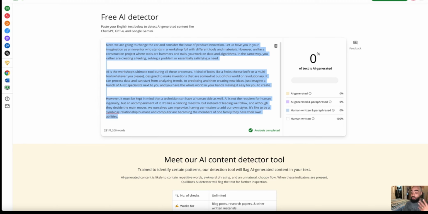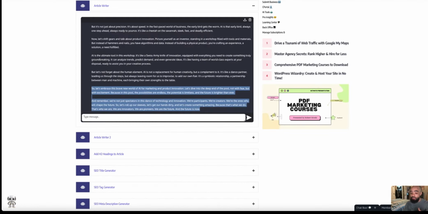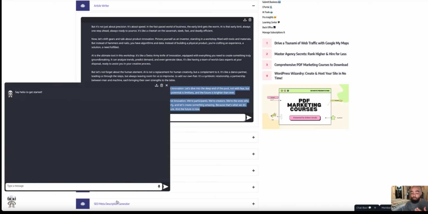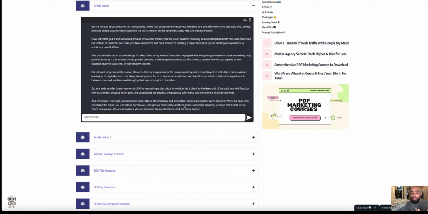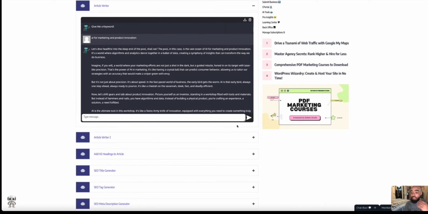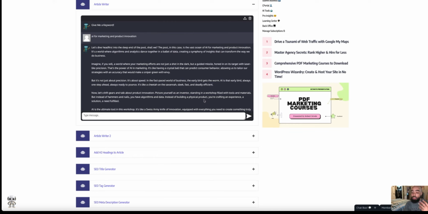And if you don't have access to ChatGPT 4, simply come over to Marketer and you can use this bot over here for free, and you can actually put in prompts and it will give you good high quality articles, okay, as well. But if you want to save yourself some time and effort, and you want to be able to post blog posts that are human readable, that rank well in Google,